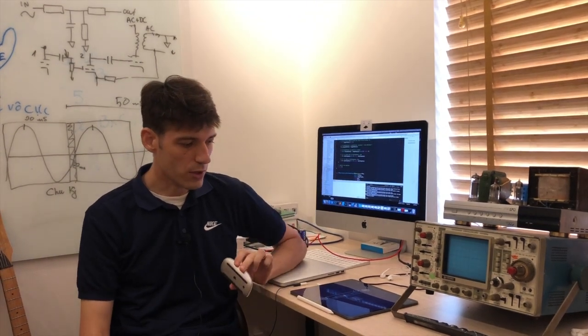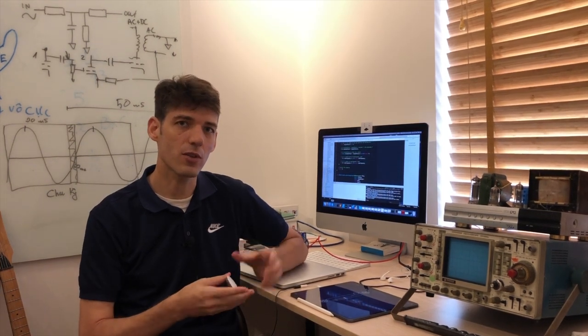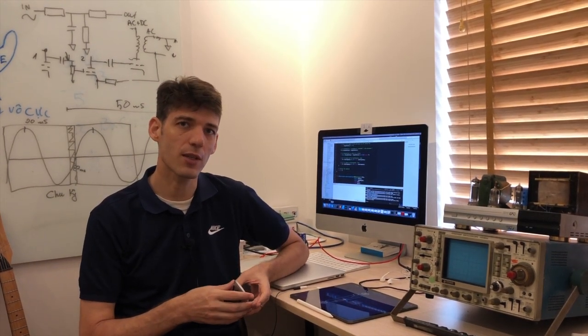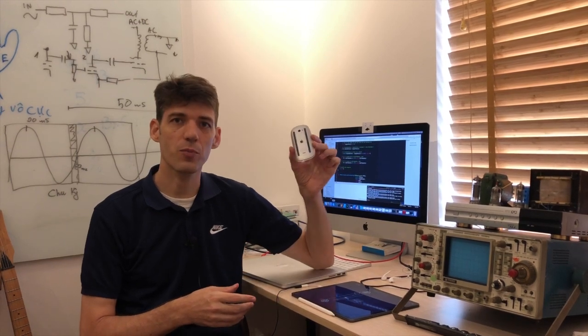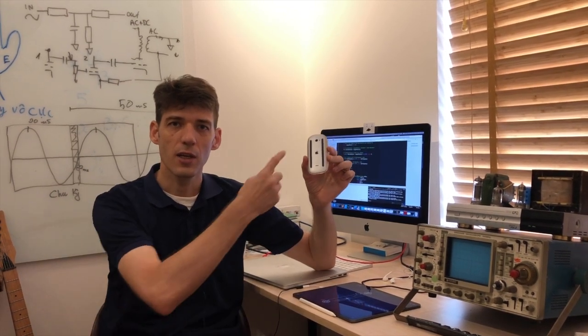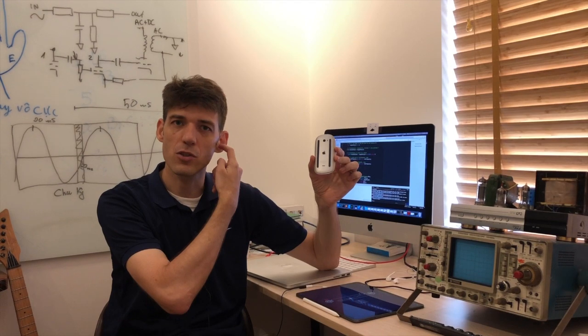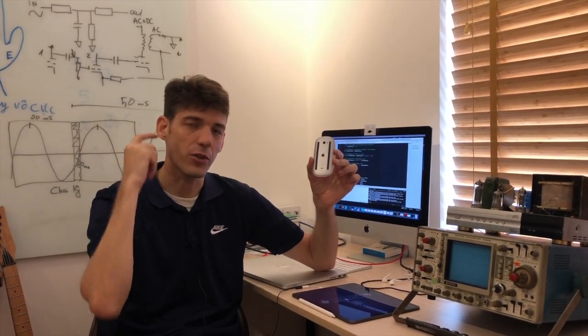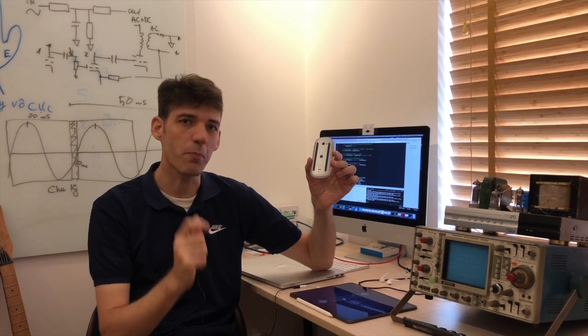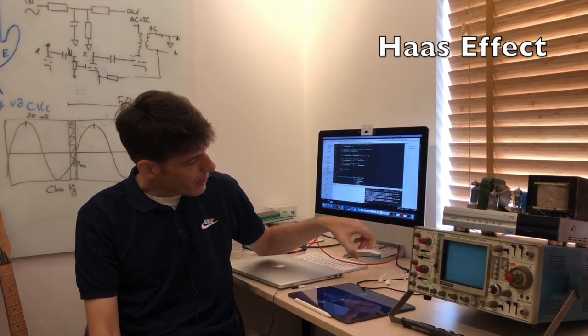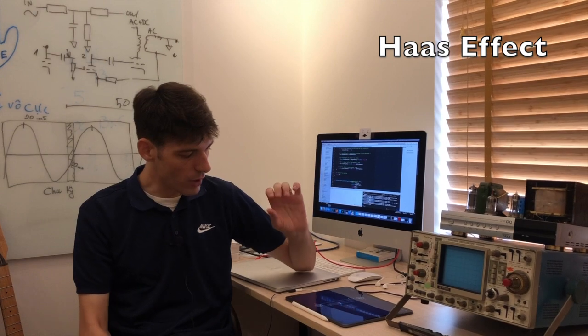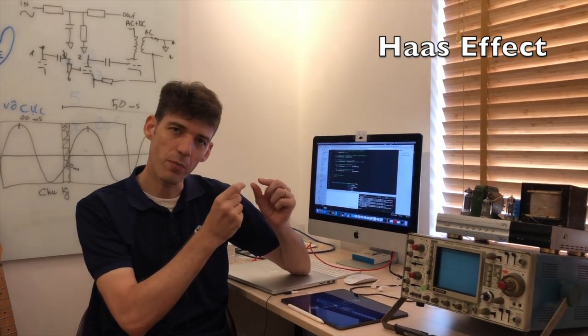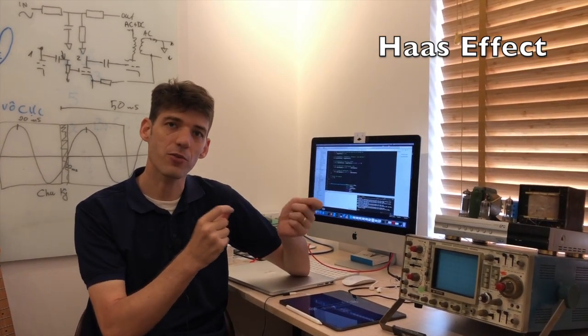But that's only a part of what gives us a perception that a sound is coming from the left or right side. There's another really important component, and that's the delay. So if I have some sound source on this side, it's going to hit this ear just a fraction of a second before it hits this ear. So we could call that a micro delay. The Haas effect is when we just put a tiny micro delay on either the left or the right channel